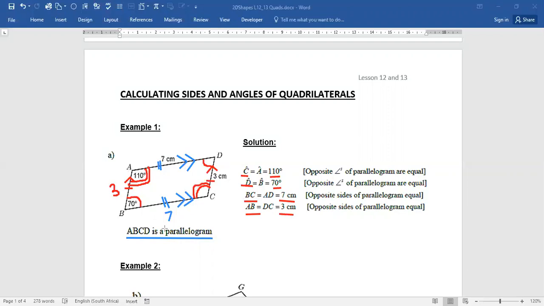So you can mark the equal sides and angles in your diagram. It makes it easier to form your solution. The solutions must have a reason. Just remember as well that AB is parallel to DC. So ABCD forms a U shape. Right, so I'm going to clear this and show you. Since AB is parallel to DC,